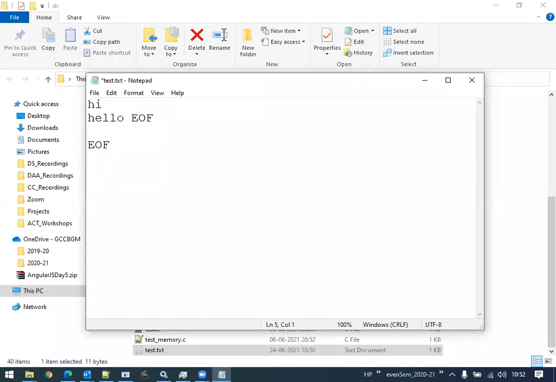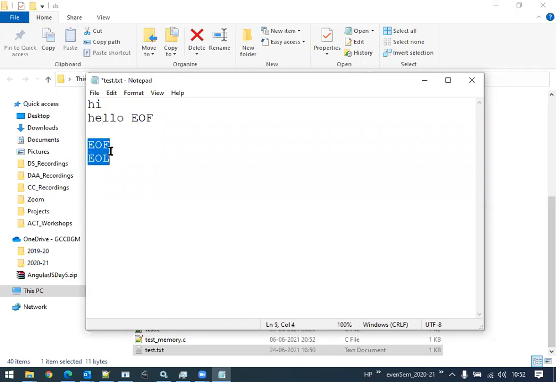There is one more special character called EOL. EOL means end of line. End of line means, here you can see there is "hi". After I, the next character is on the next line. That means after I, there is again one non-printable character called EOL. So what this EOL indicates to the execution environment is that after I, there is an end of line character, which means now you have to move on to the next line and then start performing the operations.